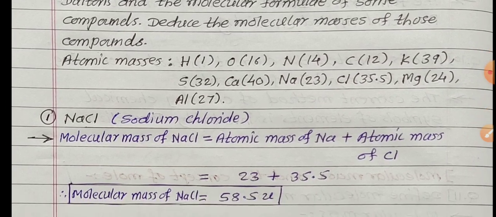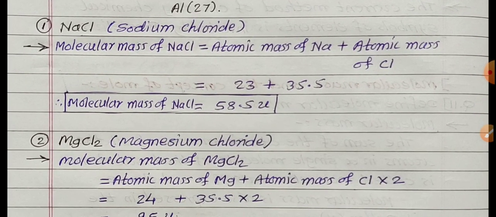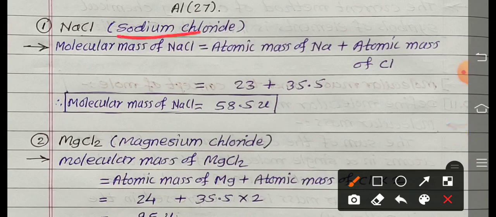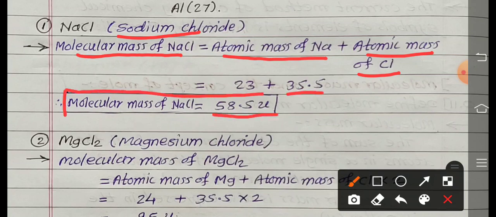Question is given here. Now first molecule is NaCl. NaCl means what is the name? Sodium chloride. So molecular mass of NaCl means sodium chloride. So we write the molecular formula NaCl. So Na means sodium, Cl means chlorine. So atomic mass of sodium, single atom is there in molecule, and atomic mass of chlorine, single atom. So substitute the value. Atomic mass of sodium is 23 plus atomic mass of chlorine is 35.5. Answer is what? 58.5 Dalton. Small u means Dalton. So at the last you highlight your answer. Molecular mass of NaCl is 58.5 Dalton. Next one.